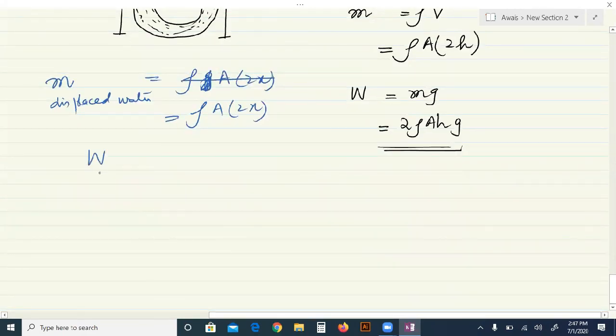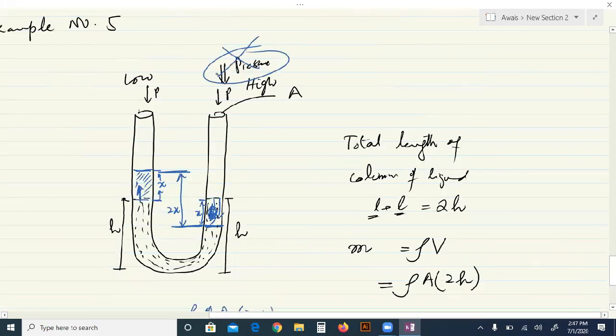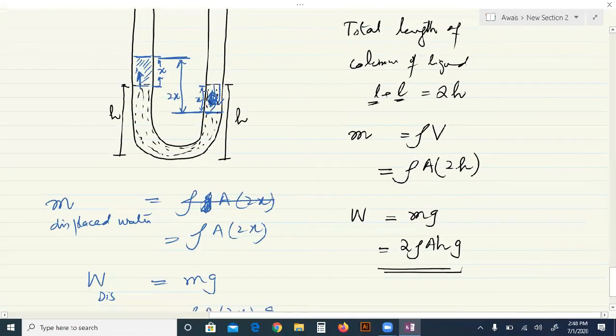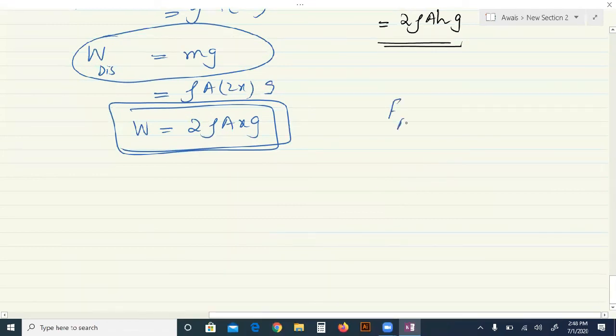Now, what is the weight of this displaced liquid? It is mg. Now mg will come. So rho A 2x into g, meaning it becomes 2 rho A x g. This is the weight of the displaced liquid. Okay, when this extra pressure is released, meaning the pressure exerted above the atmospheric pressure is released, then again both side pressures become equal, which is atmospheric. So this displaced liquid will exert an unbalanced force. So we will write here the resultant force Fr after releasing the extra pressure